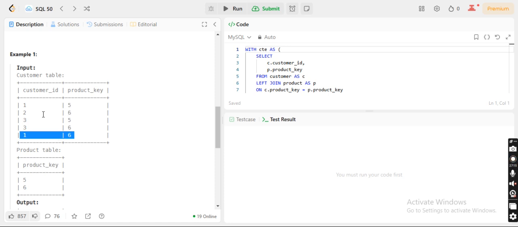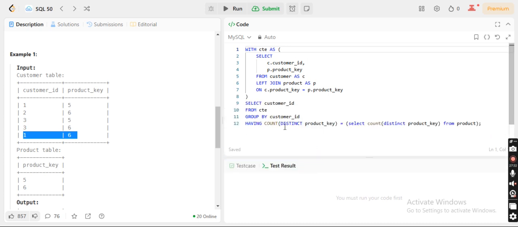For example, in this case there are two product keys, 5 and 6. So we need to extract those customers who have all the products which exist over here, 5 and 6. So one part of the question is solving it in this pattern. This is a good pattern, I will say.